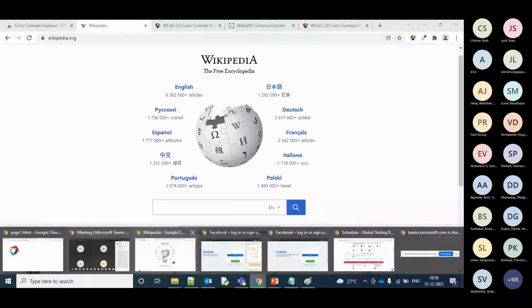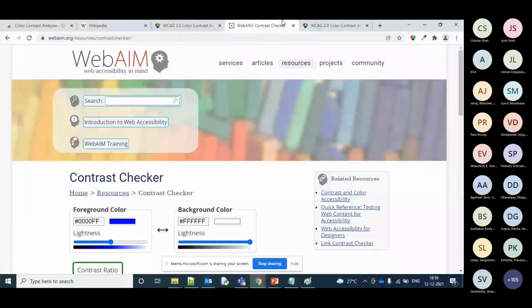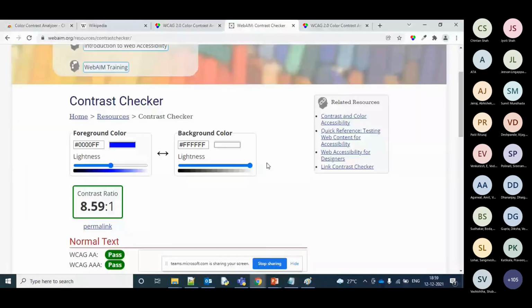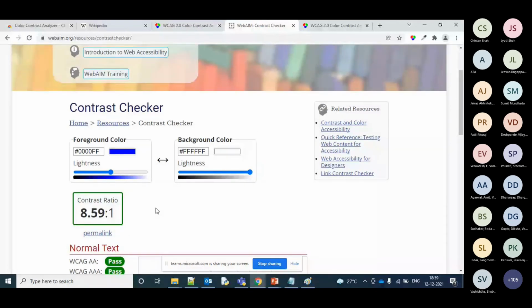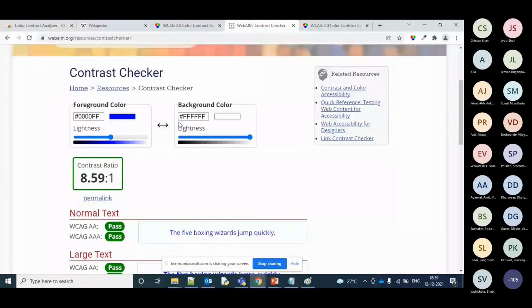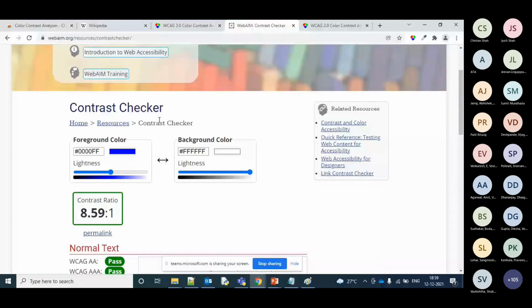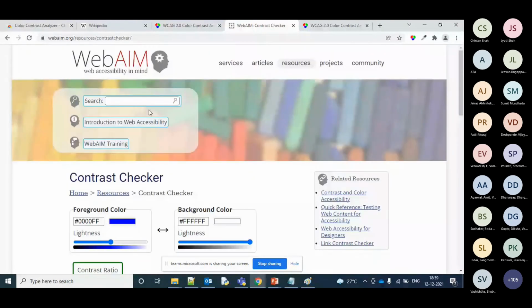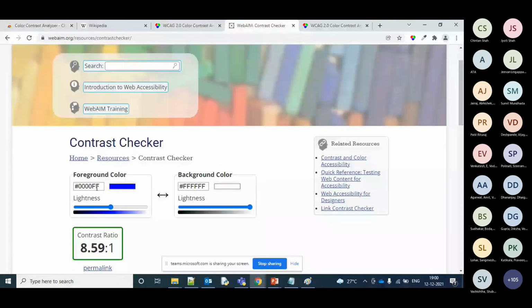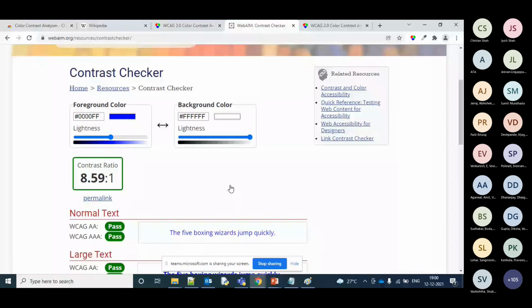Let me jump to the next one. This is a basic color contrast testing tool. You might have seen this on WAVE also. They would have given the link hyperlinked over there. So you can see the standards, and whenever you're going to design your website itself, you can use this tool to choose your colors. For example, if your foreground font color is going to be blue and your background color is going to be white, then the color contrast ratio is pretty good and it's fine.